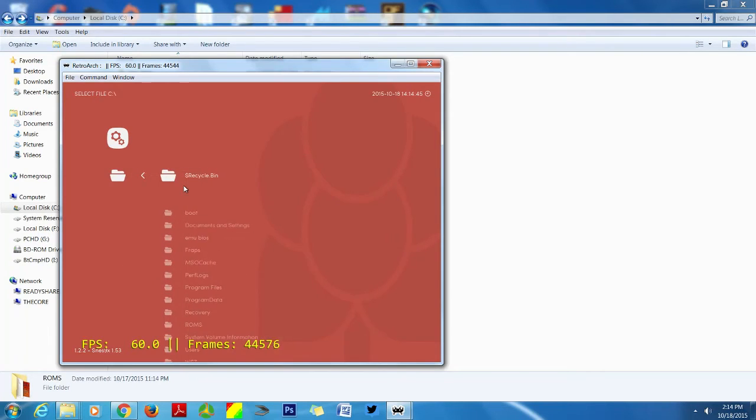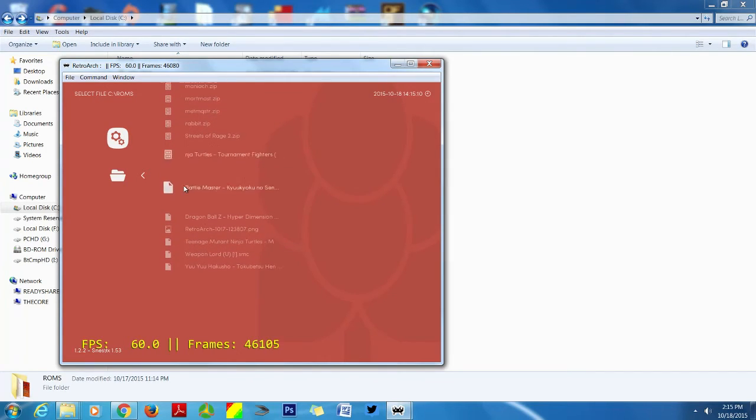Like I said, once again, I'm going to use the C drive because that's just the easiest one to navigate. Of course, it's up to you where you want to place your files. You just want to make sure that you can find them when you've placed them. Now, of course, there are a few ROMs in here that are not for SNES. A lot of files are zip files.